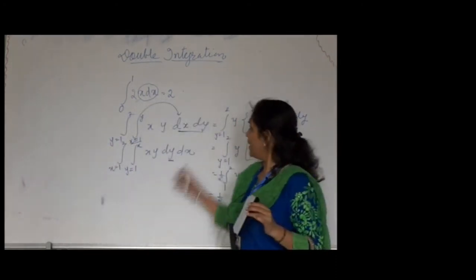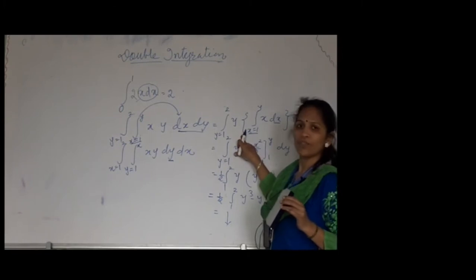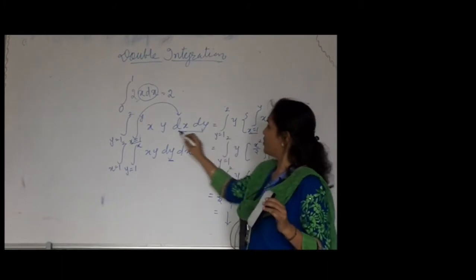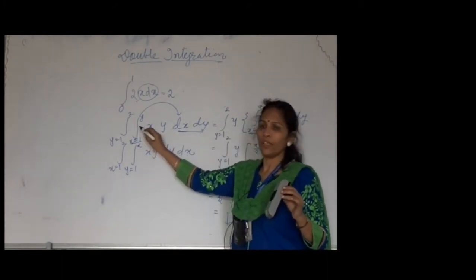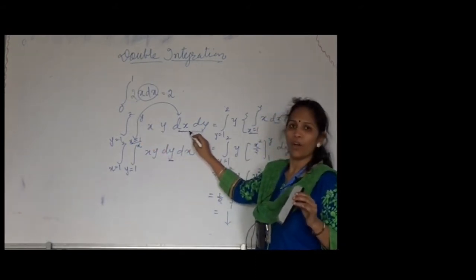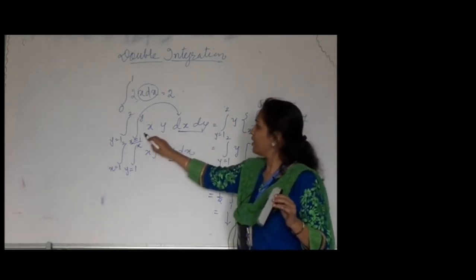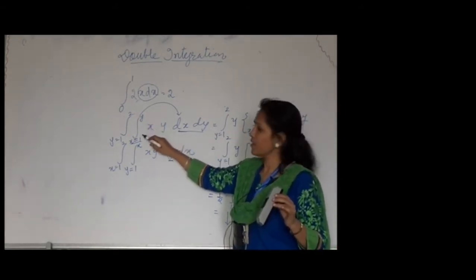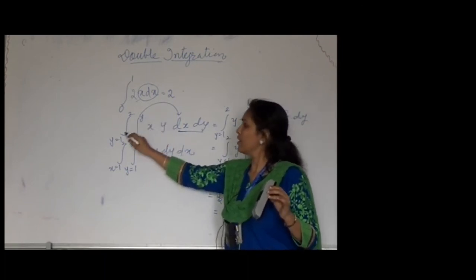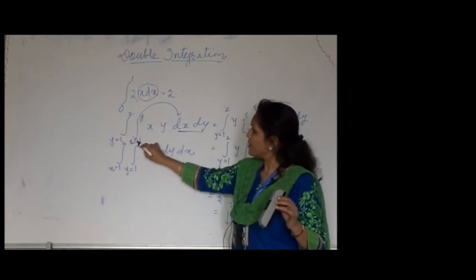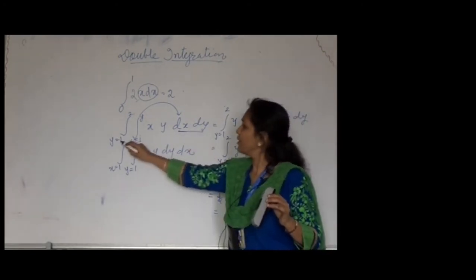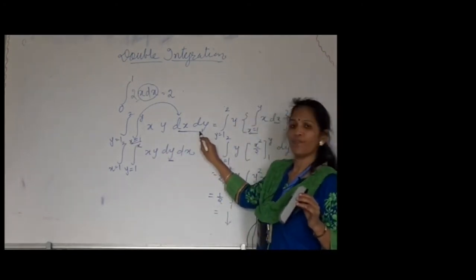So, double integration is nothing but the method of solving a single integral; all formulas are the same, only we have to arrange the integral signs. We cannot interchange them, but according to the limits we can rewrite the order of integration. The inside limits are for x, so the first integral is with respect to x, and the outside limit is for y, so the outside integral is for y.